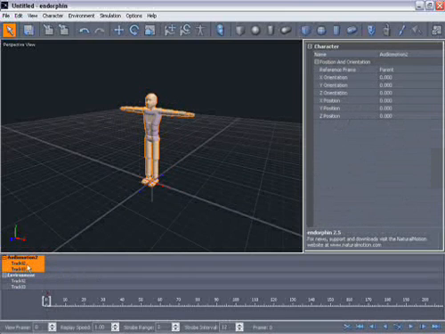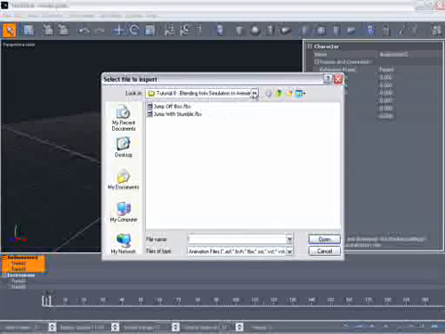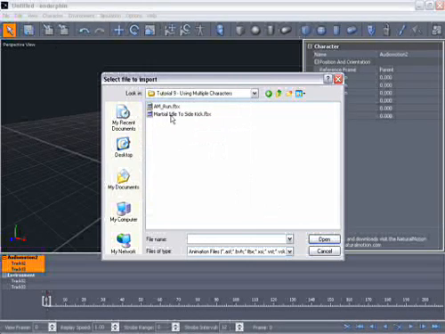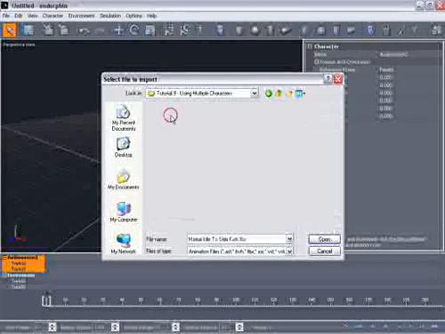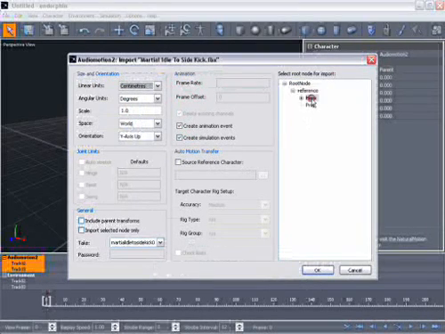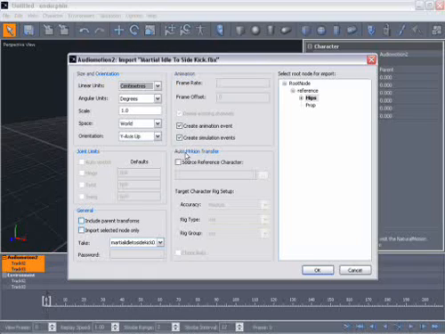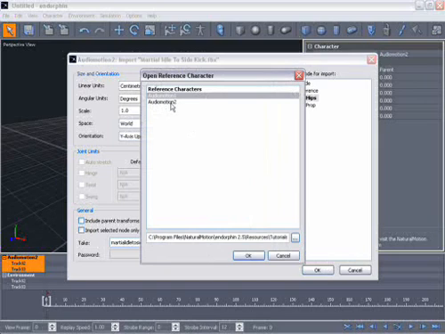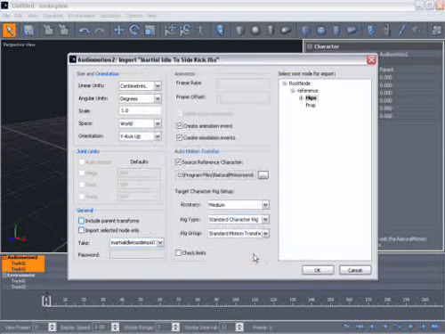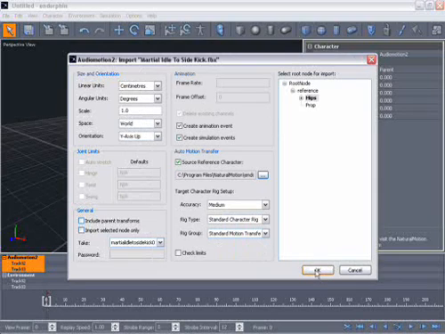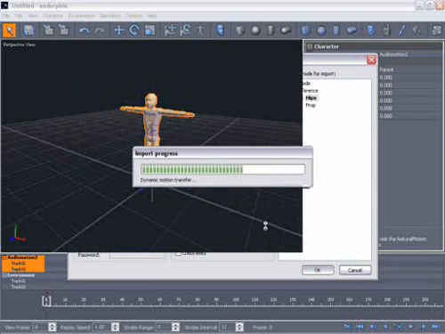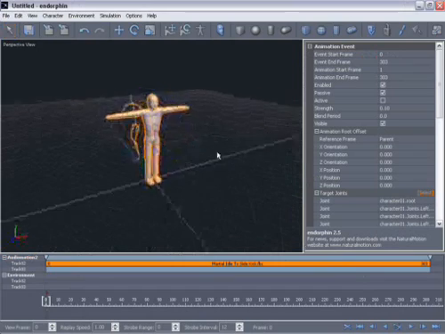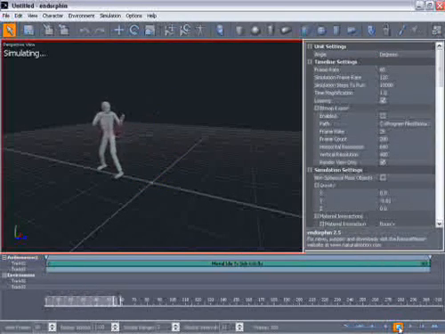We select him in the timeline, click import and go to tutorials folder, tutorial 9 again, and here we have martial idle to side kick. So let's load that in. I'm going to select the hips, that is the root of the character. Then in the auto motion transfer section, turn it on and then go to browse and select audio motion 2 as our reference character, click OK, and then leave all the other settings as default, click OK to load that motion in. So that's going to now dynamically transfer the motion from our reference character onto our simulation character, and now we have our simulation character